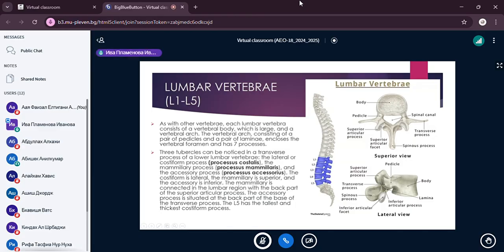Again, we have 2 pedicles, left and right, 2 laminae, again, left and right, which enclose the vertebral foramen. And again, 7 processes. We have 1 spinous process, 2 transverse processes, processus costalis,